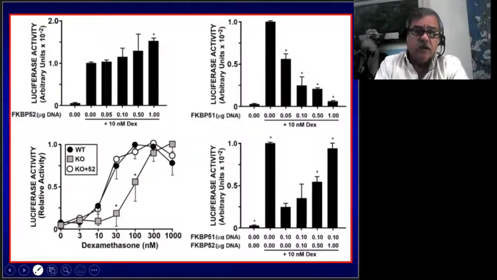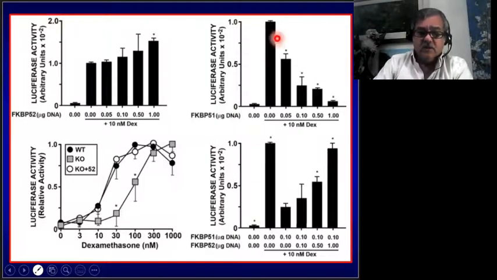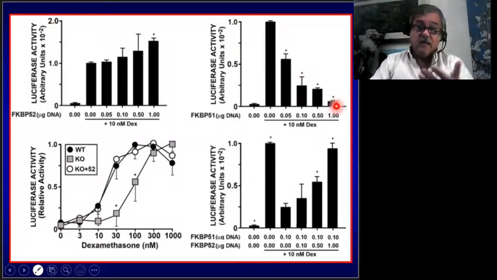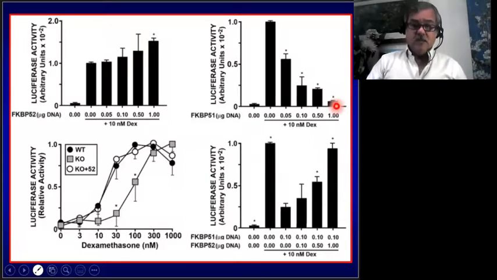Immunophilins are also regulators of GR transcriptional activity. 51 is a strong inhibitor, which is another reason for this immunophilin to be exchanged by 52 upon steroid binding. However, the overexpression of 52 shows just a mild stimulatory action on transfection. Nonetheless, in 52 knockout cells, this is more evident.